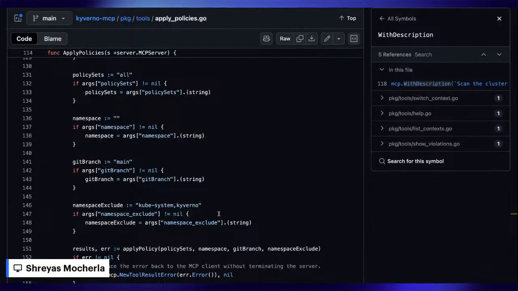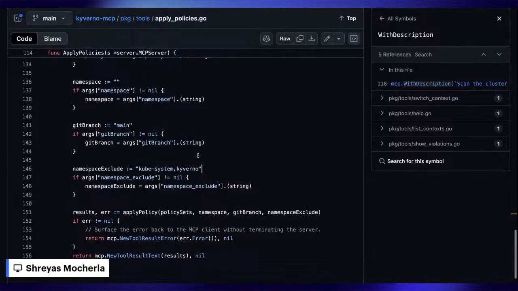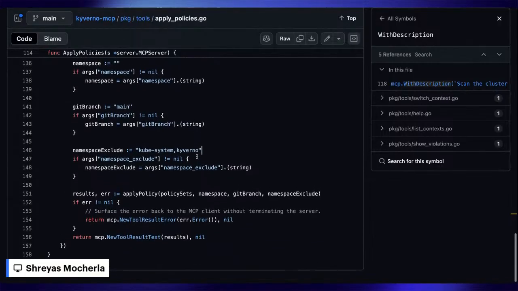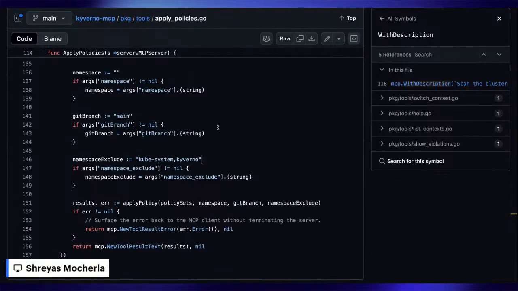So if you want to exclude certain namespaces, like for example, Cube System and Kyverno are the namespaces that we completely ignore because we don't really care about those. We want to see the namespaces that we have really created and deployed policies or resources onto, right? So we've excluded that. So that's basically all the backend code for the apply policies tool.